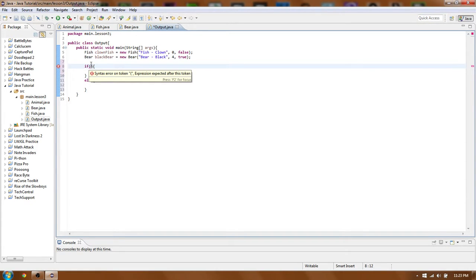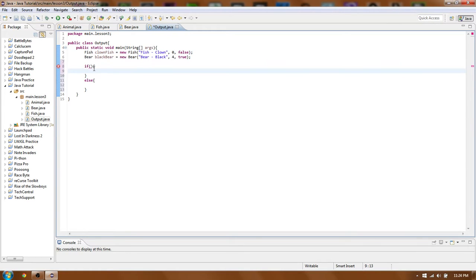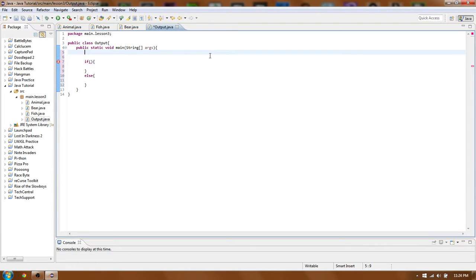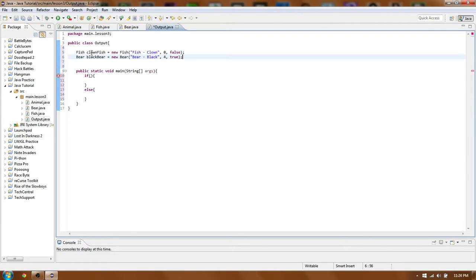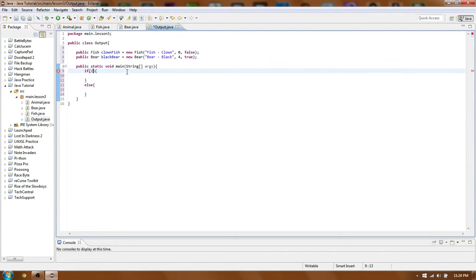So we want to give this something better than just telling us what we put into the parameters here. We want it to actually do something. So what we'll do is we'll take these two, we'll cut them out of here. We don't need them right now. We're going to put them out here in the field of output. We'll say a public fish and a public bear. And they're just sitting out there. We can access them whenever we want. So what we'll say is if clownfish dot is mammal, back to this,